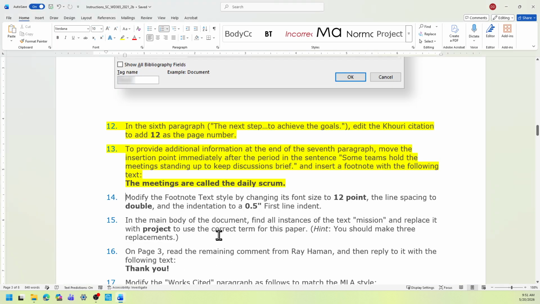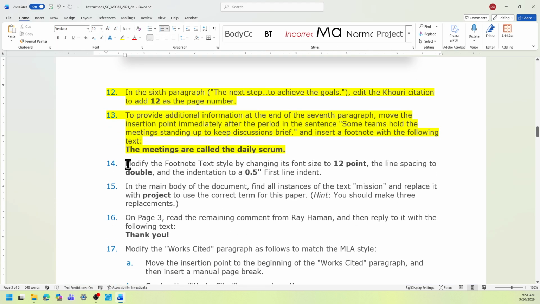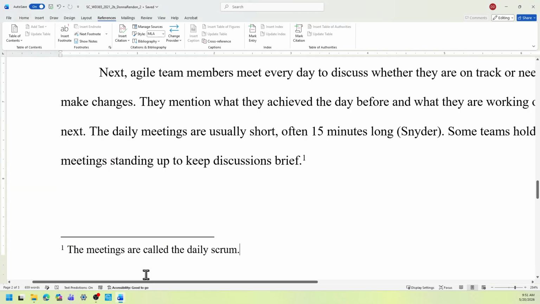Going back to the instruction, we're going to modify the footnote style by changing the font size to 12 point, the line spacing to double, and the indentation to a 0.5 inch first line indent. So there are 3 steps there. Go back to the instruction.